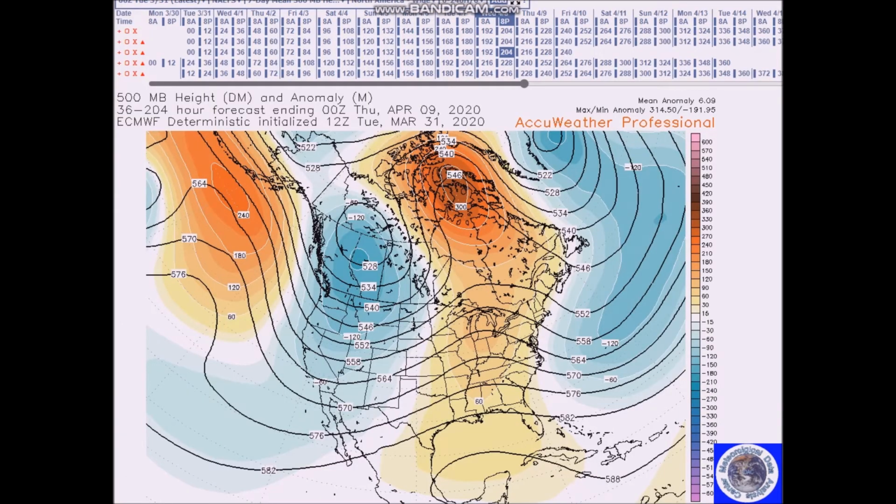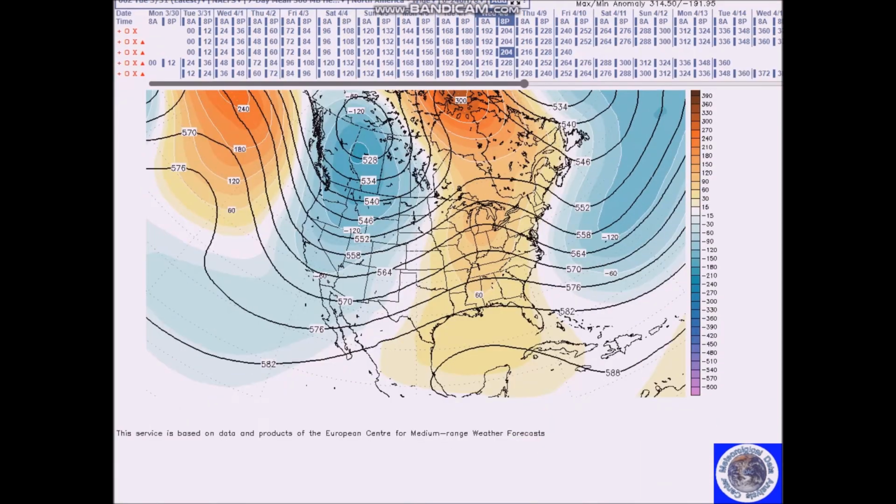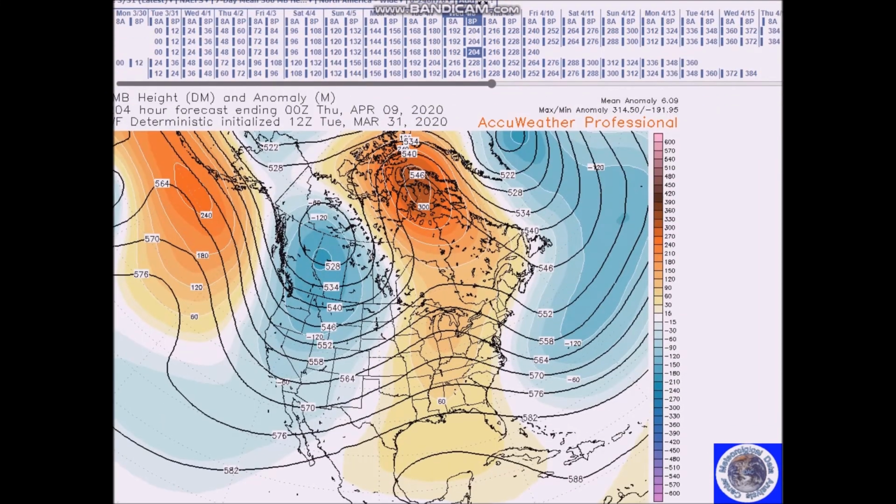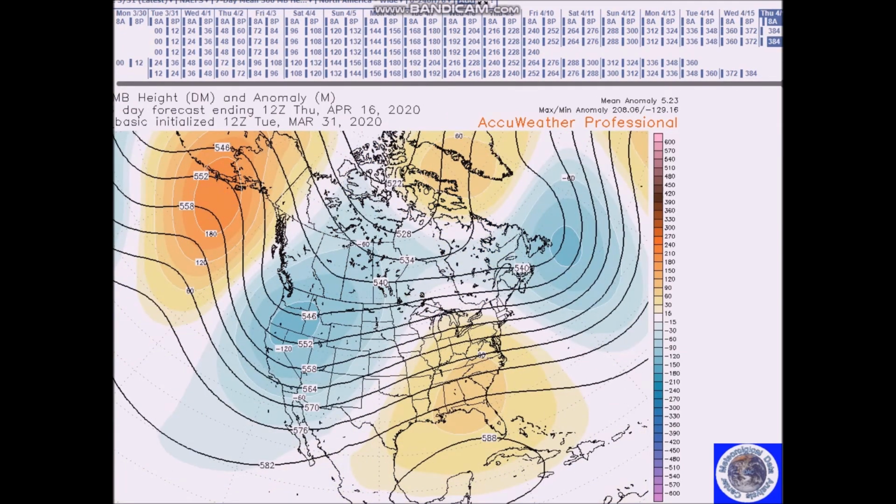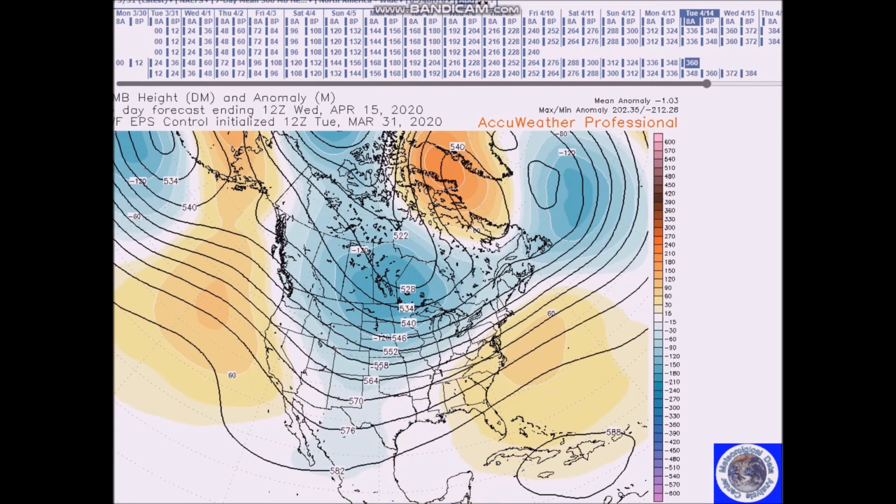Looking ahead, this will be for April 13th to 17th. And the overall pattern remains the same, with little or subtle differences. But overall, we're still expecting a trough here, a ridge here. I was looking at this trough here in the west. And here's our ridge over parts of Mexico and the Caribbean with above normal heights in the east. These height anomalies weaken. Most of the models are indicating this. The European ensemble kind of slides the trough further east, brings this ridge further into the west coast, but overall